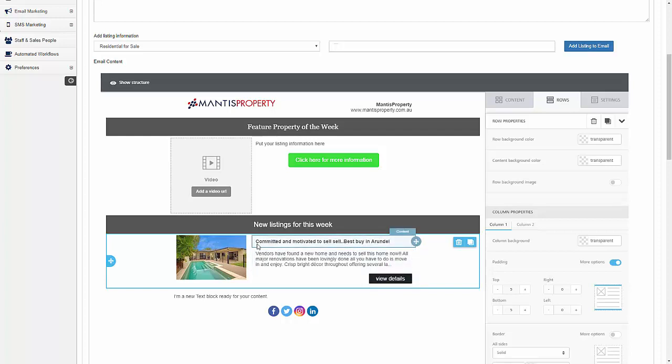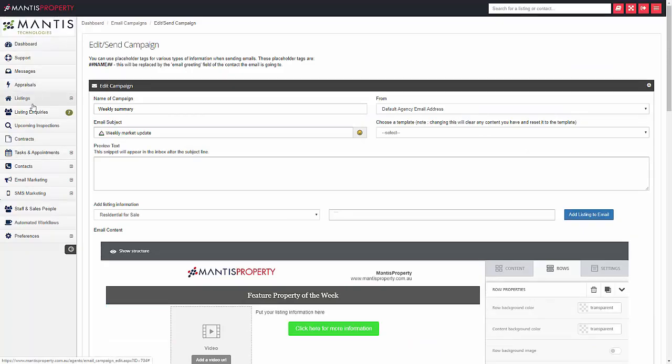This all happens automatically, so it's quick and easy to add multiple listings to your email. And when people click on those listings, it will take them through to a listing details page with the photo gallery, all the information about the listing, and a contact form where they can submit their details as an inquiry on that listing. When they do submit those details, they'll then automatically come through into your inquiry section,